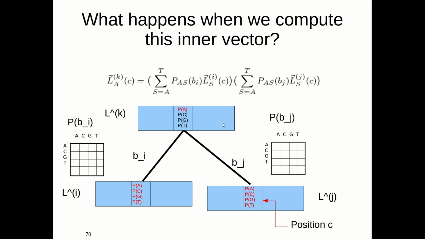Then at position c of our alignment, sorry, not position k, we start computing the conditional probability of A, and so this is, well, A could